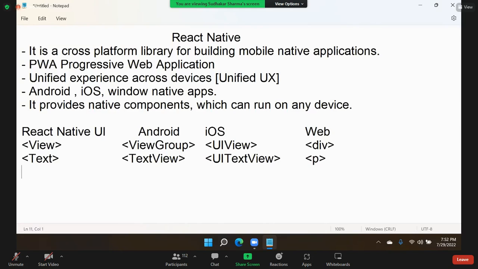Similarly, you have an Image component, not IMG. We have ImageView in Android and UIImageView in iOS, which in web is IMG. That means here in React Native,